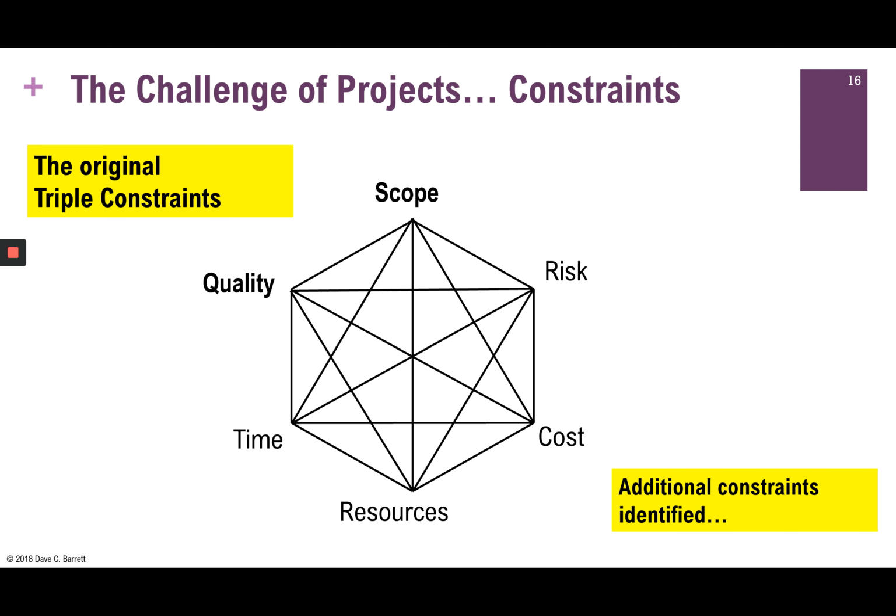And then finally, there's risk, the amount of risk that may be tolerated by a project. Sometimes the more you shorten the schedule or use less resources, it can increase the risk that the project may have something go wrong. So now we have these 6 constraints